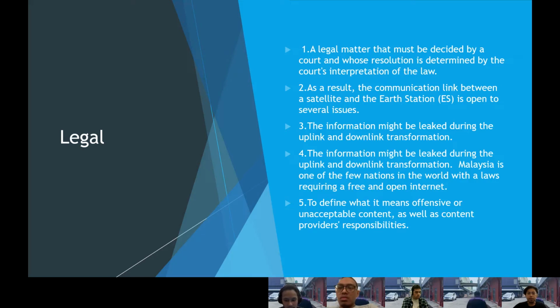Malaysia is one of the few nations in the world with a law requiring a free and open internet. And lastly, for legal issue, is to define what is meant by offensive or unacceptable content, as well as content providers' responsibility. So I will pass to my friend to continue the slide.